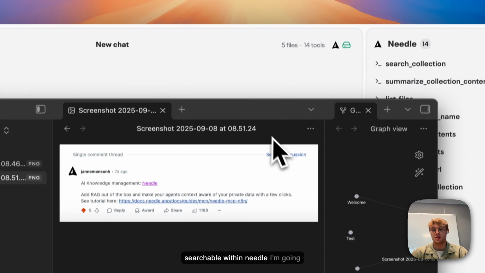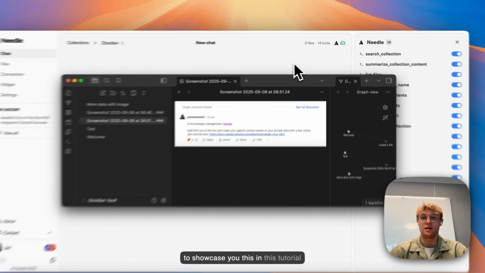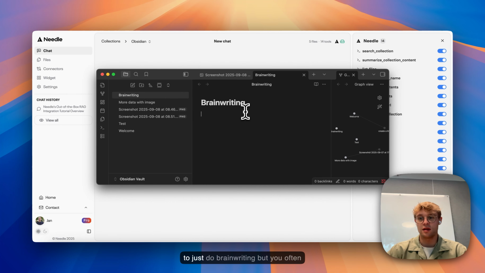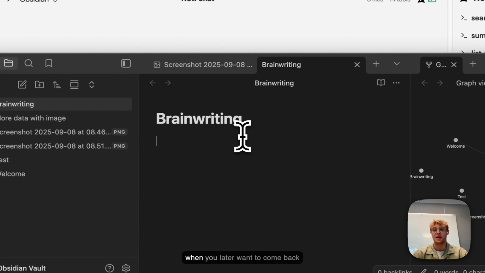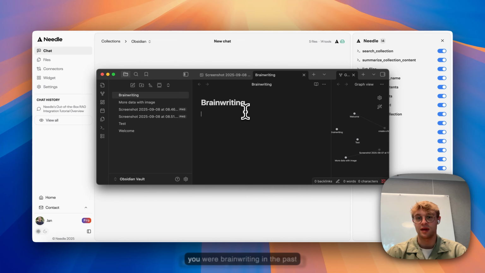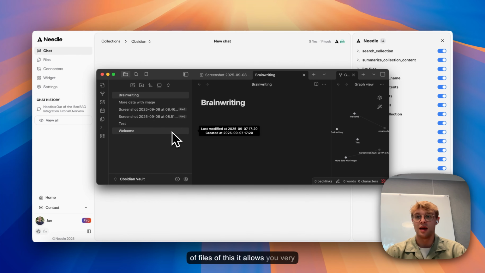You want to make this data searchable within Needle. I'm going to showcase this in this tutorial so that you can ask questions and make this data searchable. You use it a lot of times to just do brain writing, but you often don't structure it very well. But when you later want to come back and you remember you had a specific thought or a specific idea that you were brain writing in the past, and maybe you have hundreds of files of this, it allows you very easily to combine all this context that you generated within Obsidian